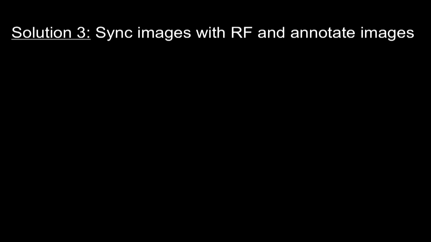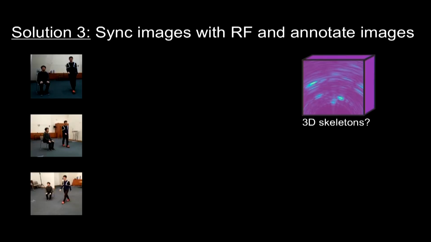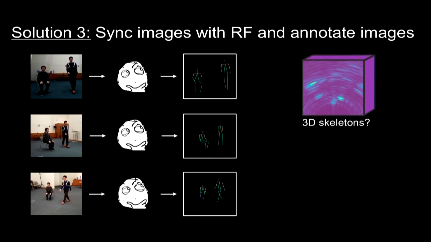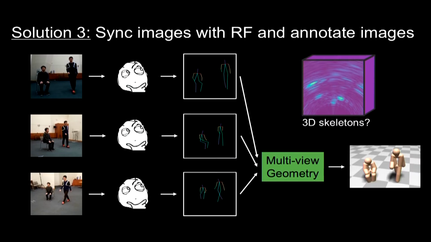Our idea is to use images to help. The idea is that we can collect synchronized images and RF signals at the same time. And instead of asking the person to label skeleton from RF signals, we can ask him to do it from images. Here's how we're going to do it. We're going to use multiple cameras to capture images of people from different views. We can then ask humans to label skeletons from each of them. We can then solve a geometric optimization problem that brings those 2D skeletons from 2D to the 3D workspace. And this gives us a 3D skeleton label for the corresponding RF signal.